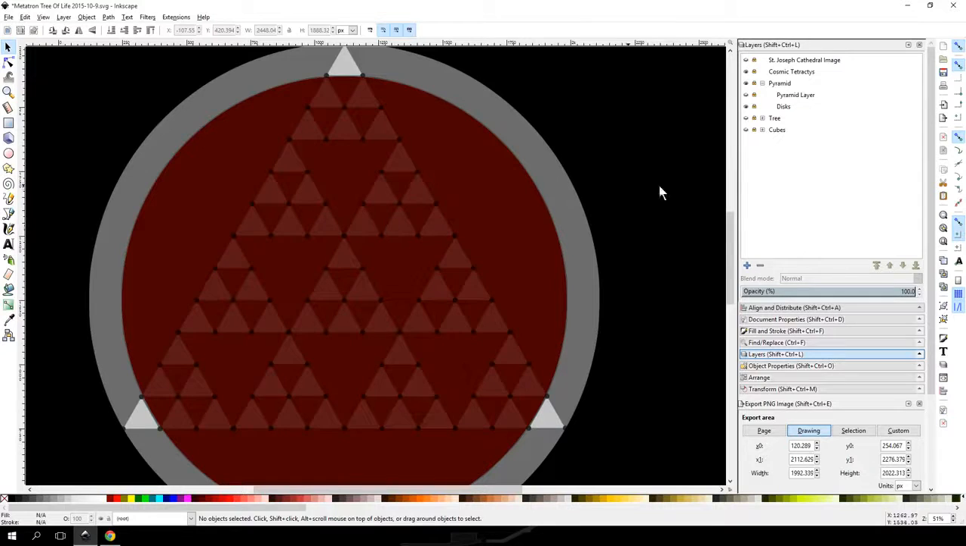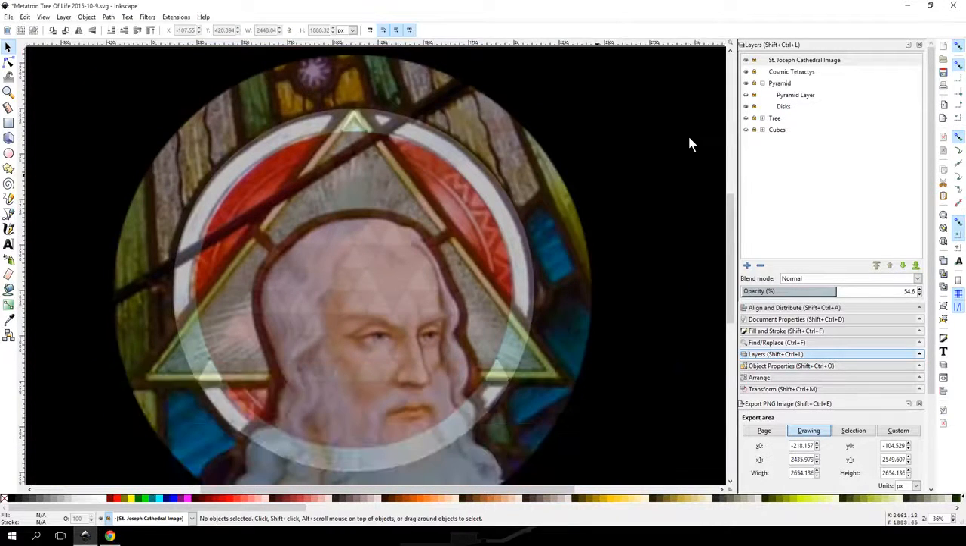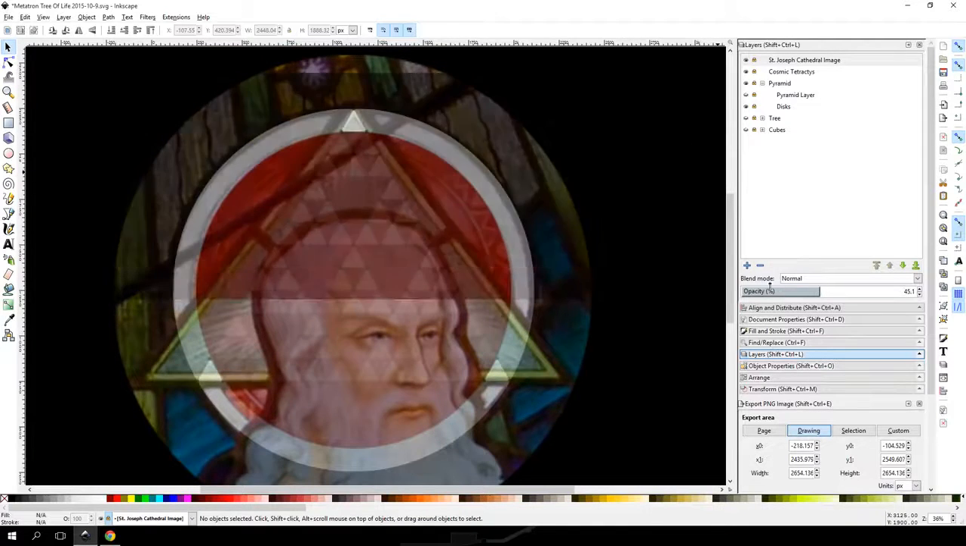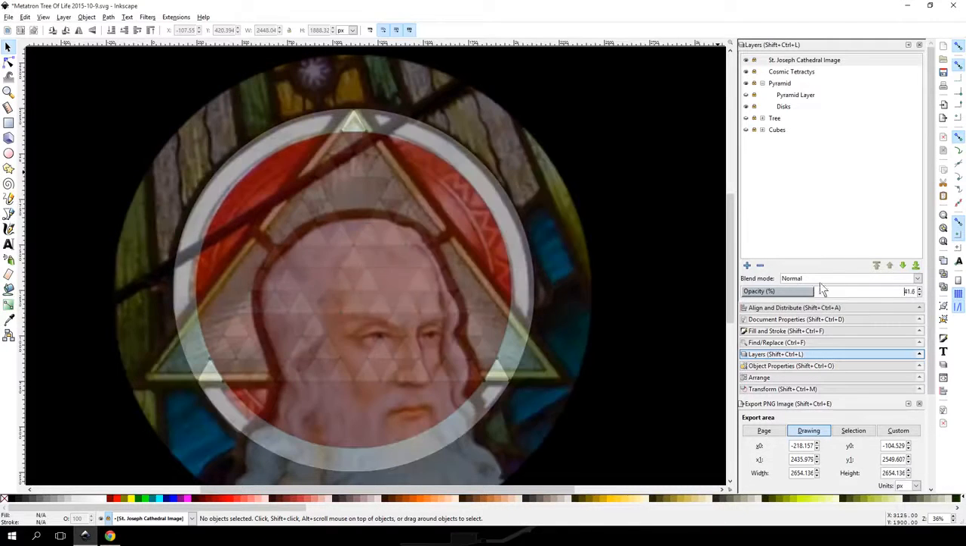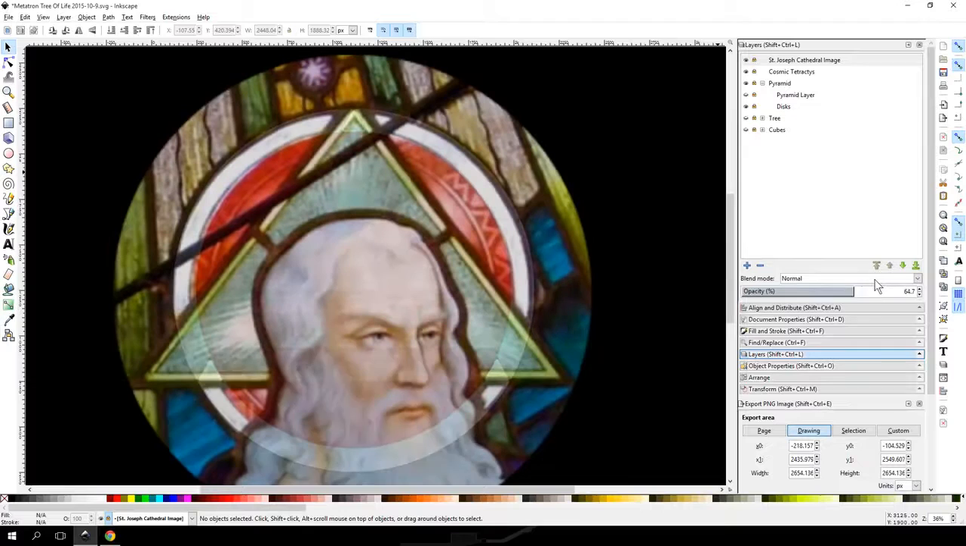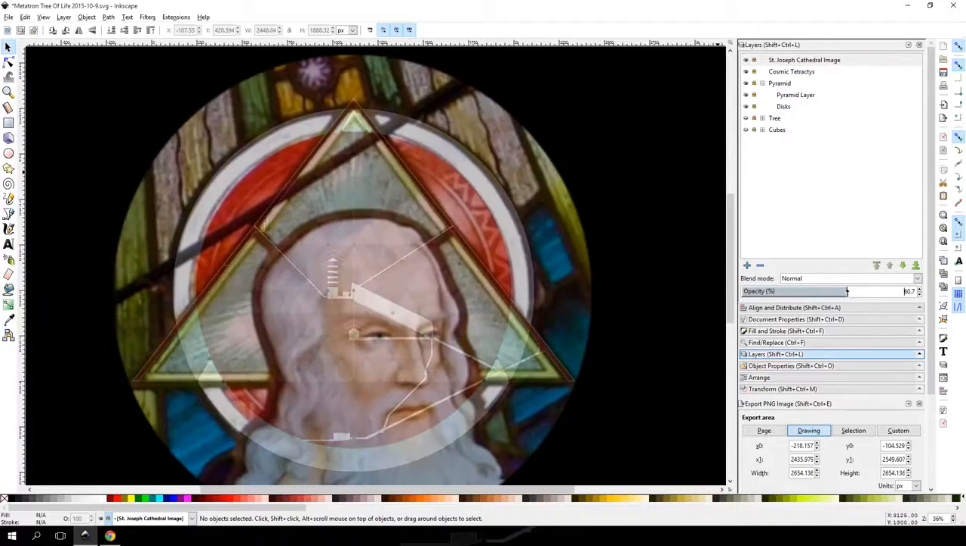But here it is, and if you take a look at St. Joseph Cathedral, you can see the white ring he has is roughly just what we're looking at, as well. So embedded in this, he's showing us human geometry, the pyramid and its angles. Let's take a look at the pyramid again. The air shafts, the cosmic tetractys,